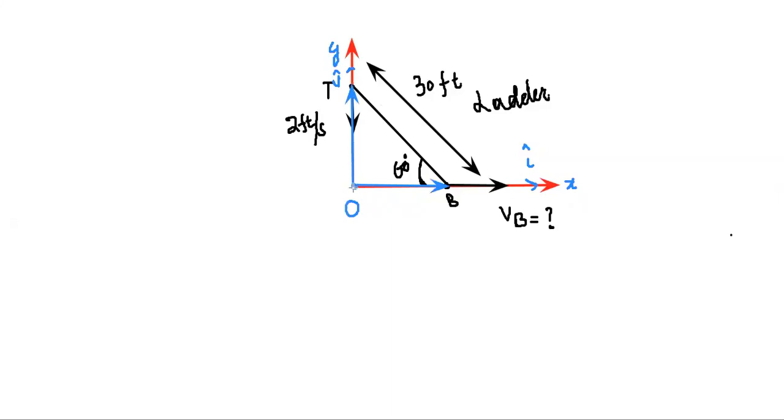Once you have drawn the radius vector from point O to point T, then draw the radius vector from point T to point B. Then apply the triangle law of vectors. The equation that we have already derived says that the velocity of point B is equal to the velocity of point T plus...